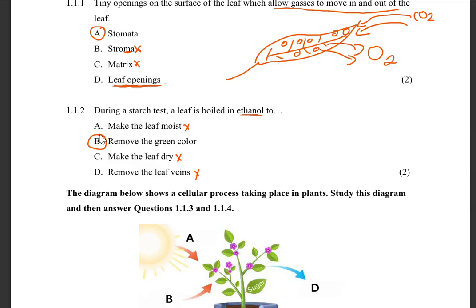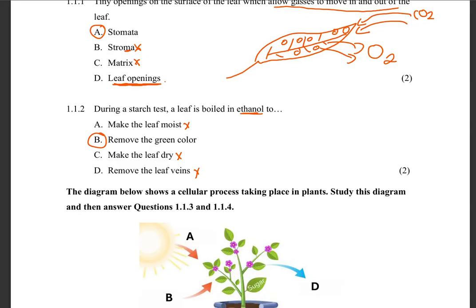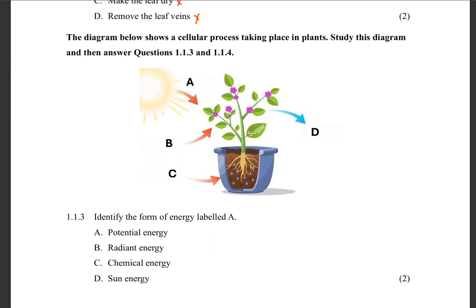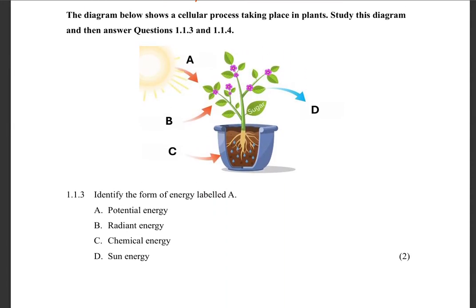We know that. So this obviously needs you to remember the steps that you need to follow when you're doing the starch test. Boiling the leaf in water, then boiling it in ethanol, allowing it to dry a little bit, then you add your iodine drops, and so on. Okay, then the next question, we are having a diagram. So the diagram below shows a cellular process taking place in plants. Study this diagram and then answer questions